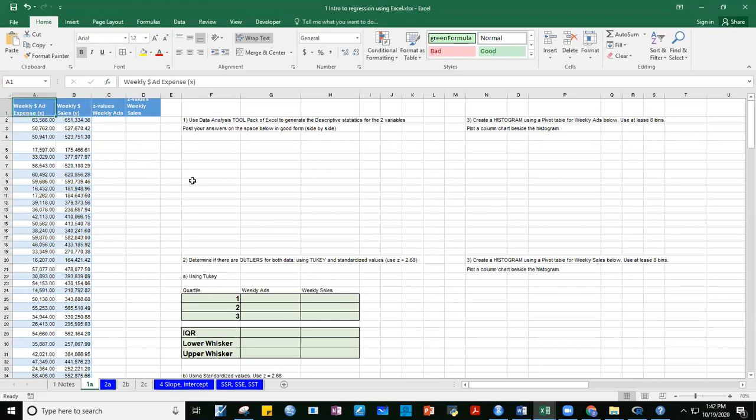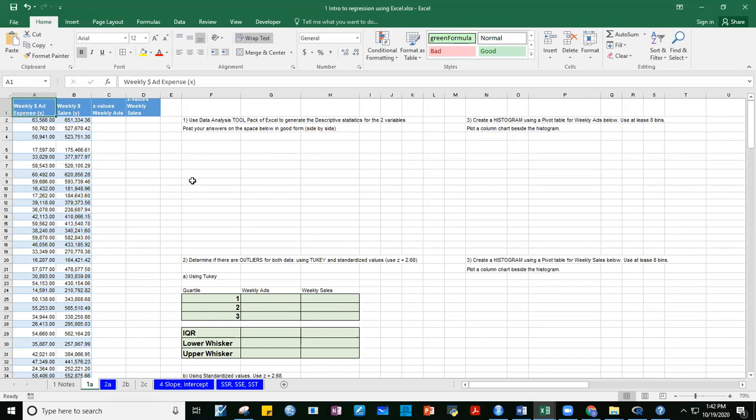So we'd like to know what will happen to sales if we increase, for example, weekly ads by, in this case, these are dollar figures. So if we increase weekly ads by $1, what will happen to weekly sales? Take note, guys, that I did not say weekly ads causes weekly sales. What I'm saying is that